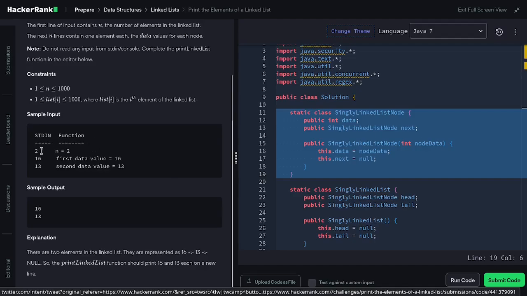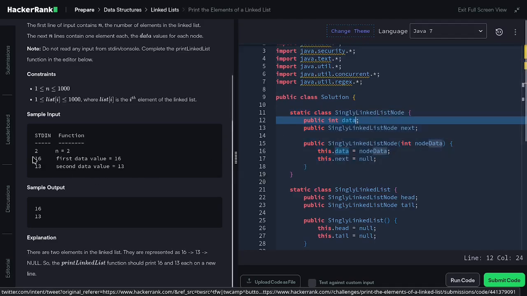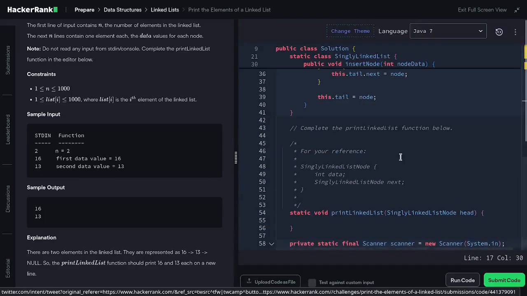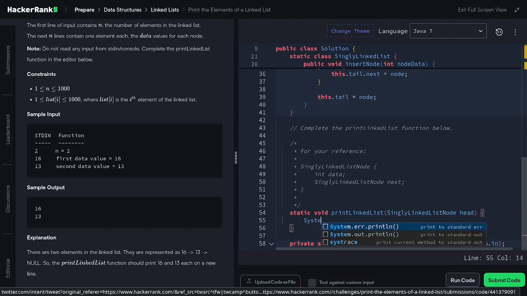If you look over here, we have two linked lists, or two chains of nodes. One has the data value of 16 and the last one is 13. And this is the sample output. Since we are using Java 7, of course we are going to use System.out.println. Since the input is already in the form of head as the parameter of SinglyLinkedListNode, we can use System.out.println and print our head right here